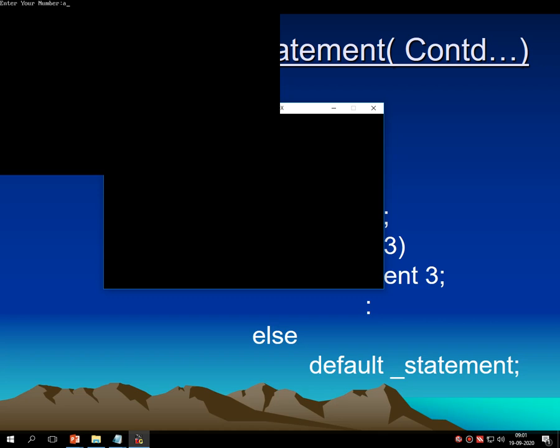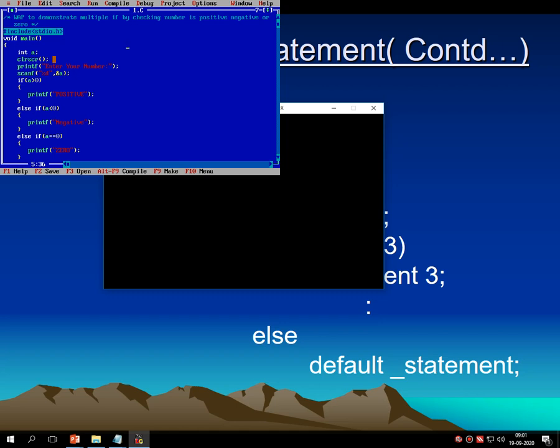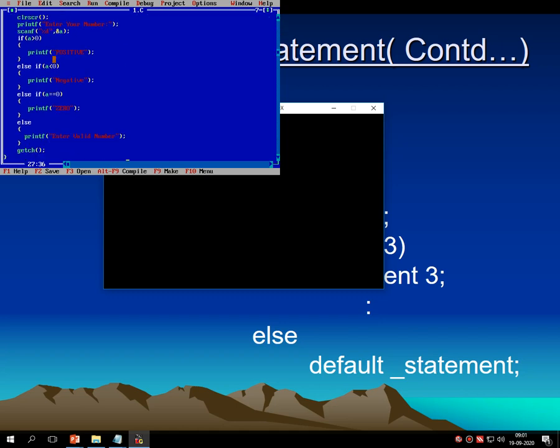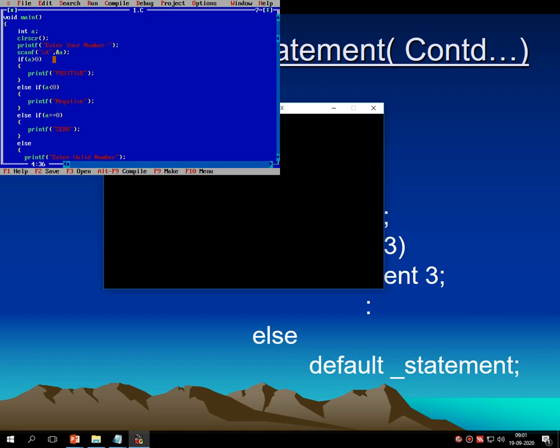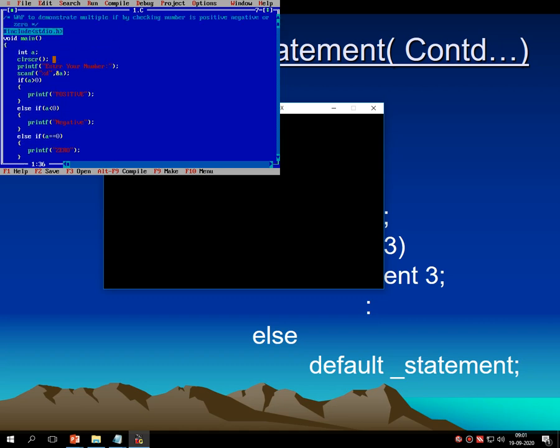In this case, condition number 1 is false. Condition number 2 is also false. Condition number 3 is also false. So the default statement executes. That is, enter a valid number. Clear? So in this way this program gets run properly.